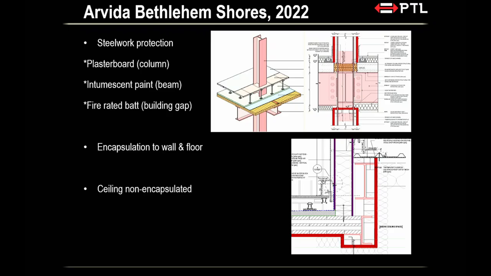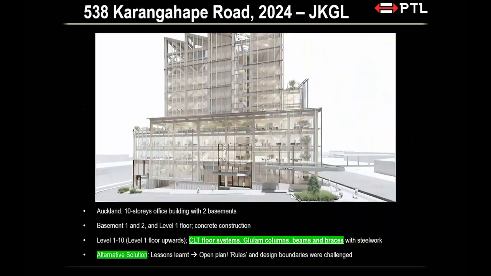So again, there's a lot of communication around here. Like, you know, what do we do? Is the intumescent painted steel enough to act as encapsulation for the edge of the CLT floor, or maybe not, or maybe we should just run the plasterboard around it and forget about this problem. So, you know, a lot of communication, really. So architect, structural, fire, you have to talk to one another.